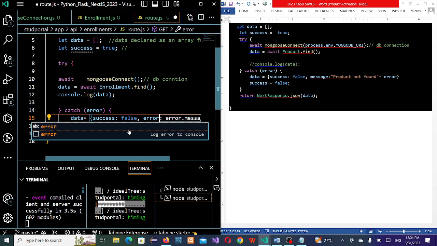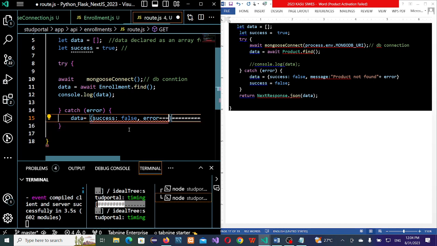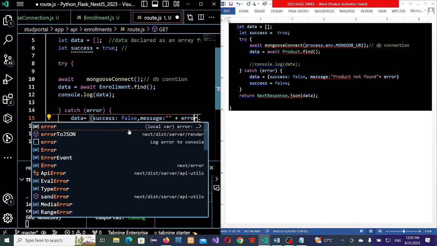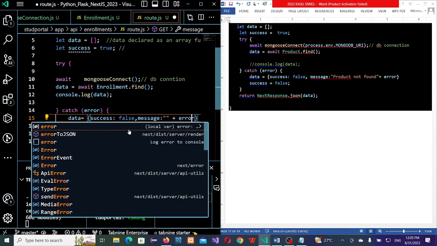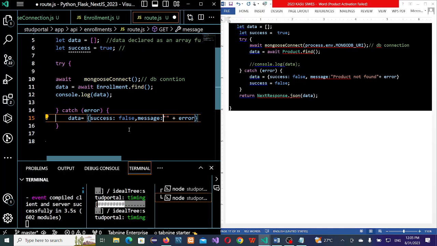So the message here, you say, you can now say plus, this is the error instance. Okay, so here you can write the error you want to represent. You can say record not found, and then the success here